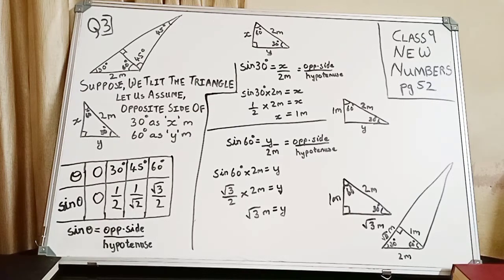This is for the 9th class. The third question continuation we are doing right now. In continuation, previously we had found out that this angle 30 degree is already given in the question, and we found out 60 degree. Okay, so we found out this 60 degree, and this 45 degree also we found out, and this 45 degree over here. So these three things we have found out previously.